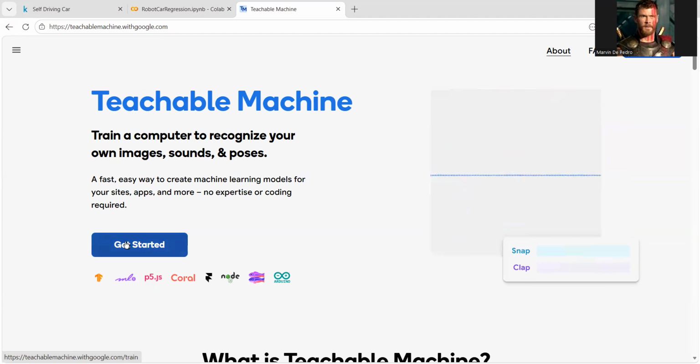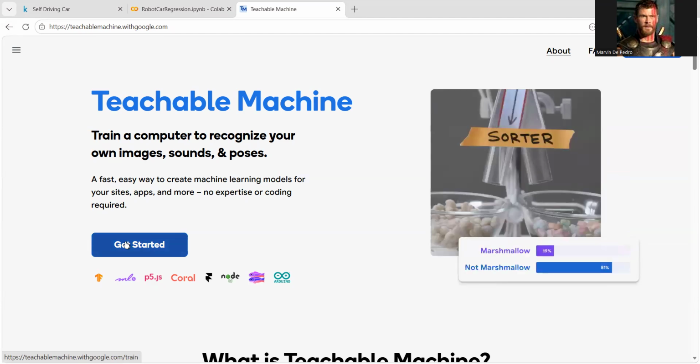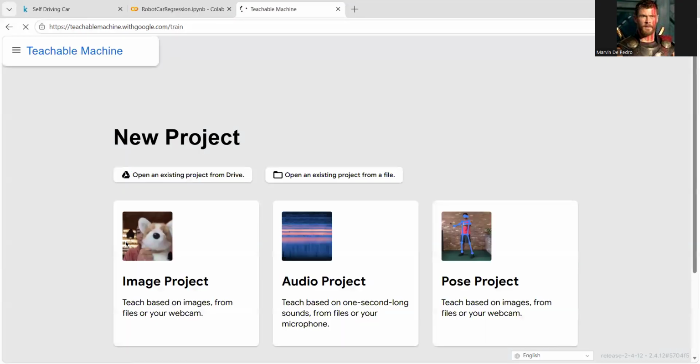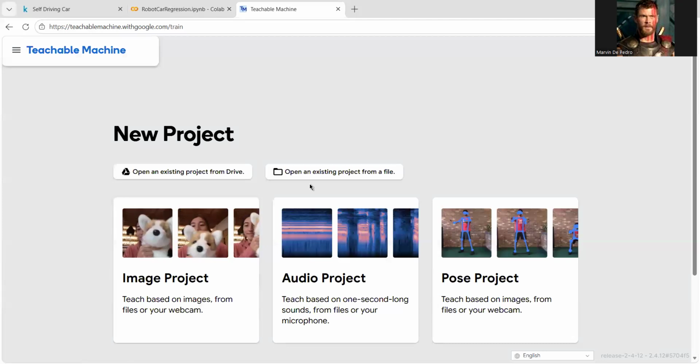Just go to teachablemachine.withgoogle.com. This is an open source tool as well, because as you have noticed, everything that we feature in our webinar workshops are open source tools only, so that everyone can participate and try it for themselves. As much as possible, we choose only online apps so that there's no need to install anything on the user's device.